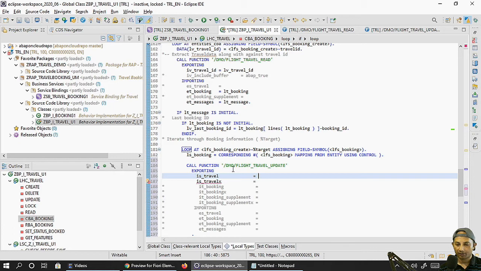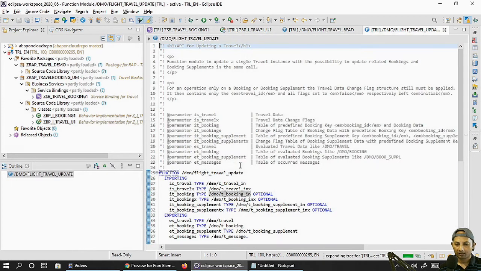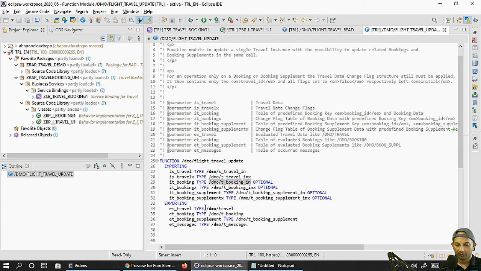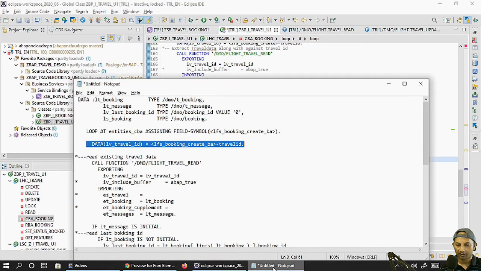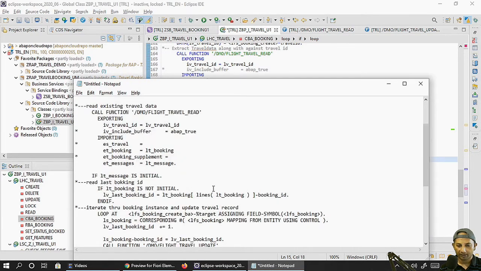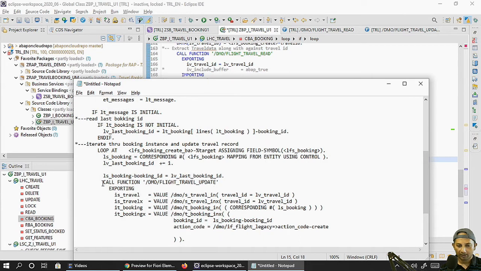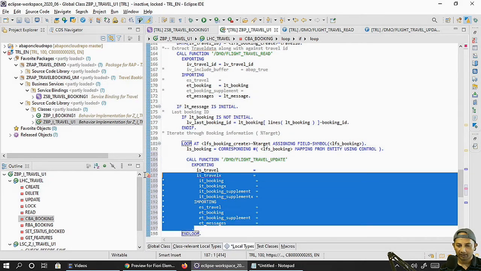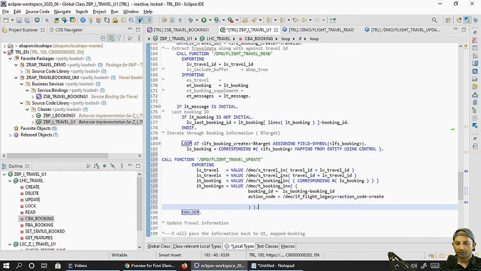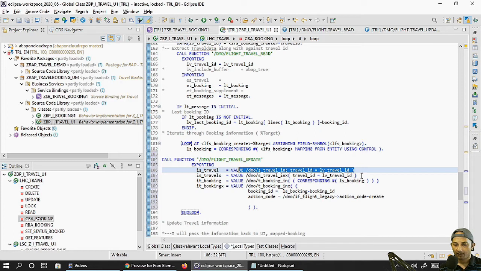information. Let's go to this type. I think I can just, what you have to do, this demo travel in, that you have to use it. I think I have already have a code ready. Instead of wasting much of time, let's copy paste it, so it will be faster, I guess. Yes, so that is the one I need to copy and paste it. Okay, so you will see like travel is that travel id, already we have achieved it. Travel x, this structure you have to use.